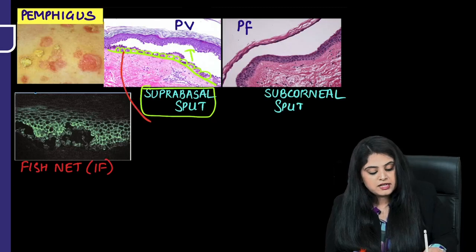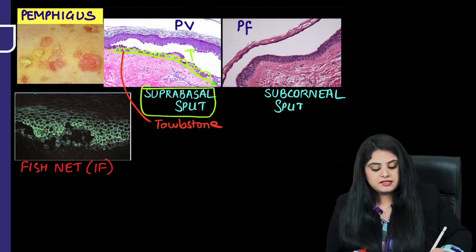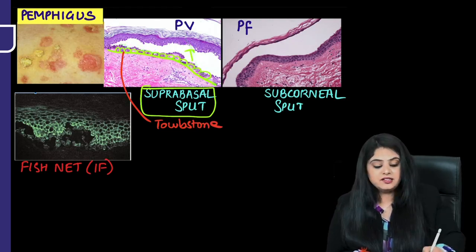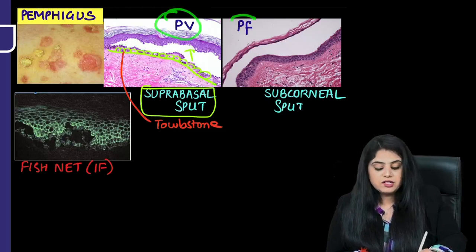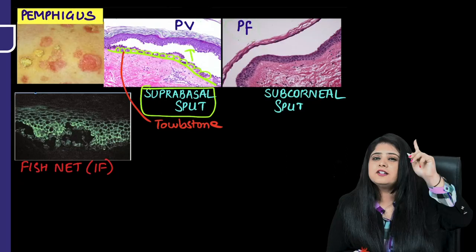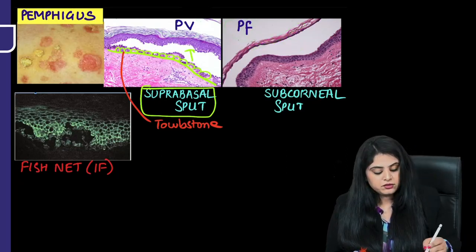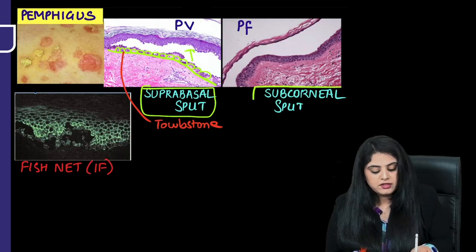So this layer which is standing, as it is referred to, is the row of tombstone appearance. Like stones are standing, so the basal layer is standing, but everything above it is split. That is pemphigus vulgaris. Whereas what is pemphigus foliaceus? Remember, in foliaceus everything is first. The first layer is split. Below the corneum there is a split, so the first layer is split and that is known as subcorneal